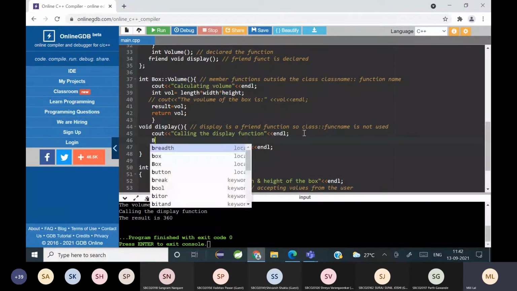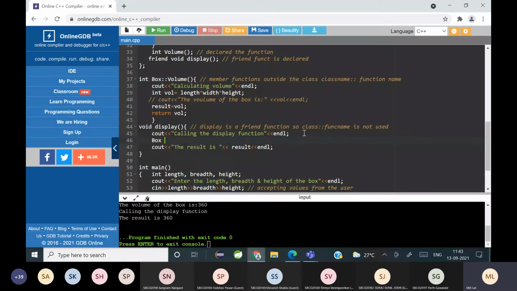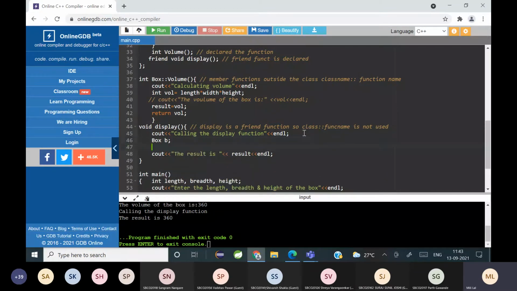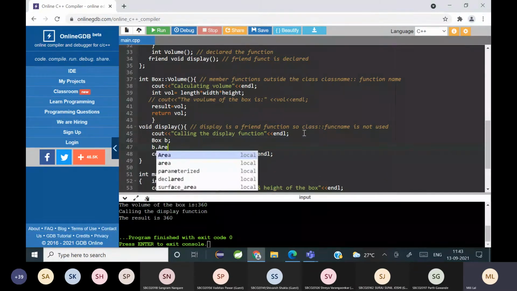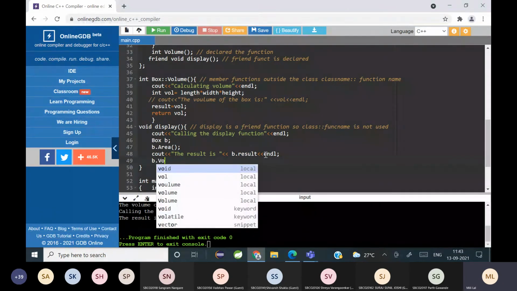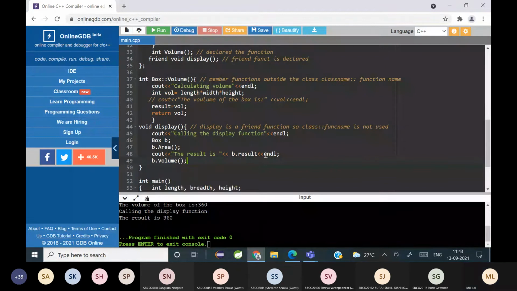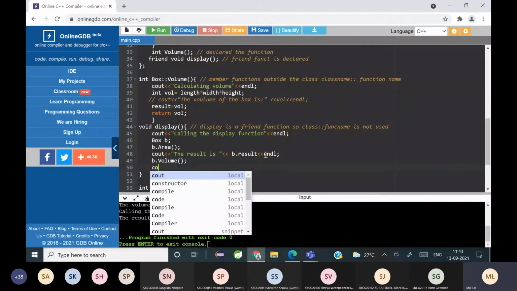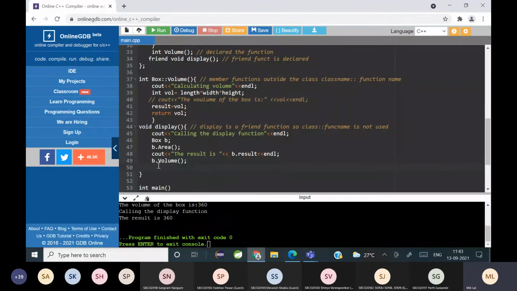So I'll create an object, say Box B here, and I write B dot area here, and I print. I need result, which cannot be printed as result. I have to write B dot result here. Again, B dot volume, and I can write the same thing here.